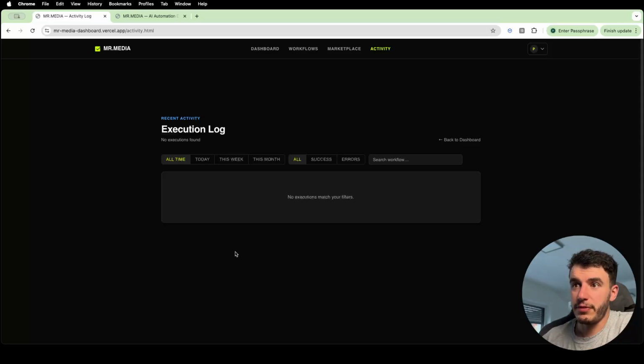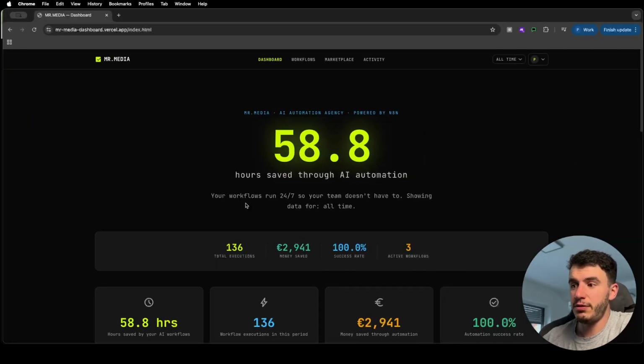real data. So here is the real data now. As you can see, the font is a bit different. I like this font more. So this is what I've been using for the last few days. So they are real workflows. The workflows that you just saw, those are running in the background, and this is just